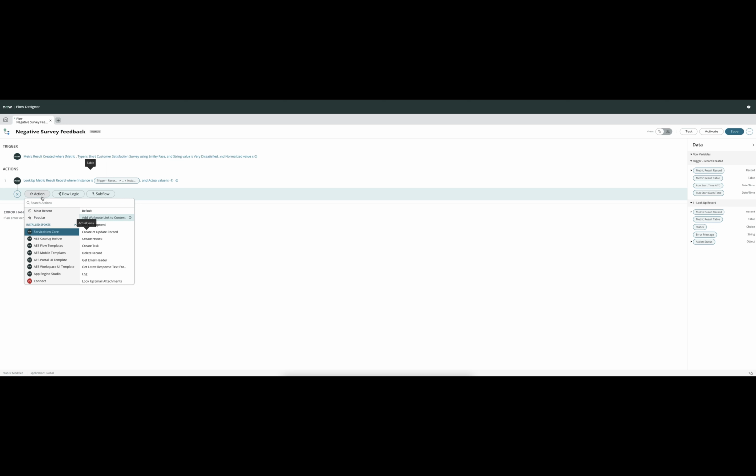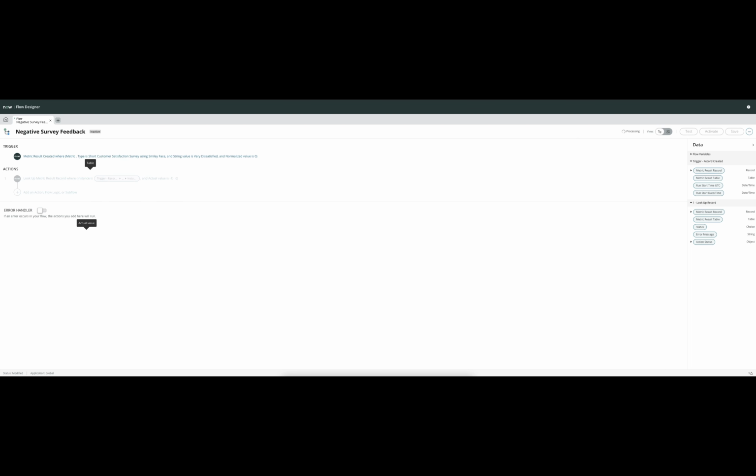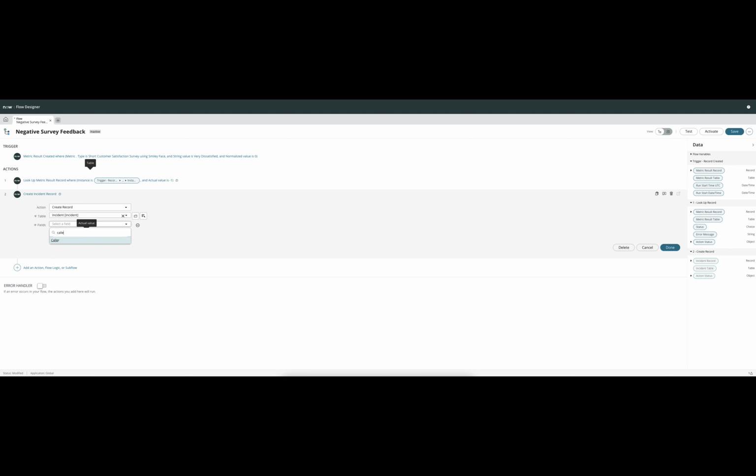What I then want to do is create a record on the back of that. So I've looked up all the information that I want to include in this new incident that we mentioned before. If I want to go through and create this, I'll just quickly make this up. So that's the incident table, of course. The caller ID, or the caller, is going to be the person who has completed the survey. So this is going to be, once again, back to our trigger record. And I'm going to be picking up the